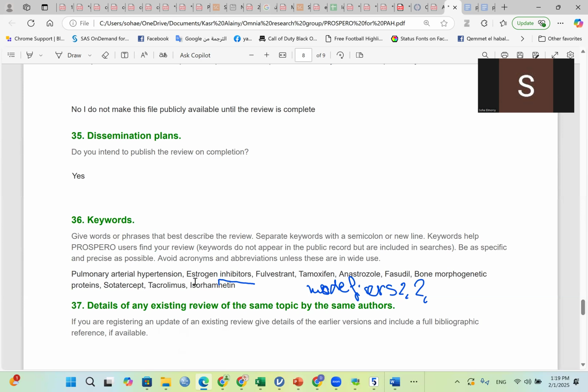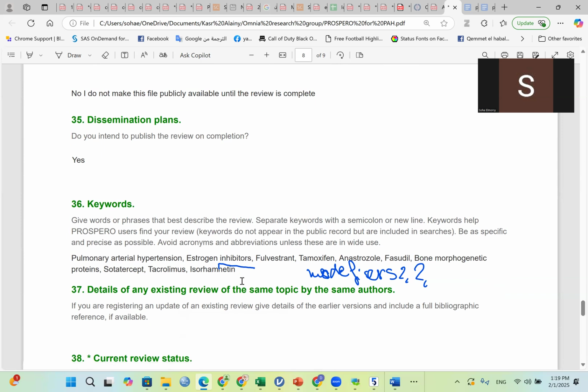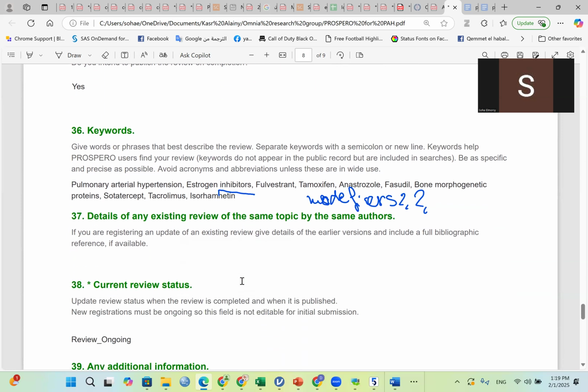So you find them because their authors tagged them with certain keywords. These keywords will not appear to the public in that published plan, because Prospero is going to publish your plan on the site. However, they will keep it internal so people can know that there is a systematic review that is ongoing about the so and so subject